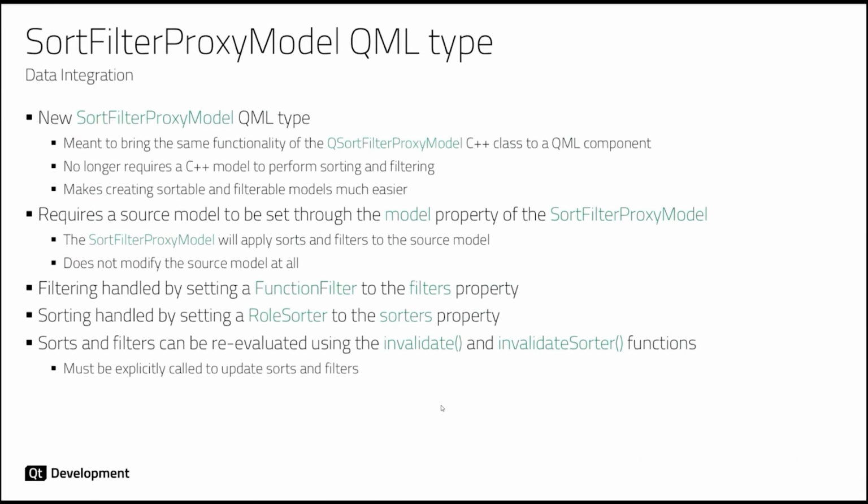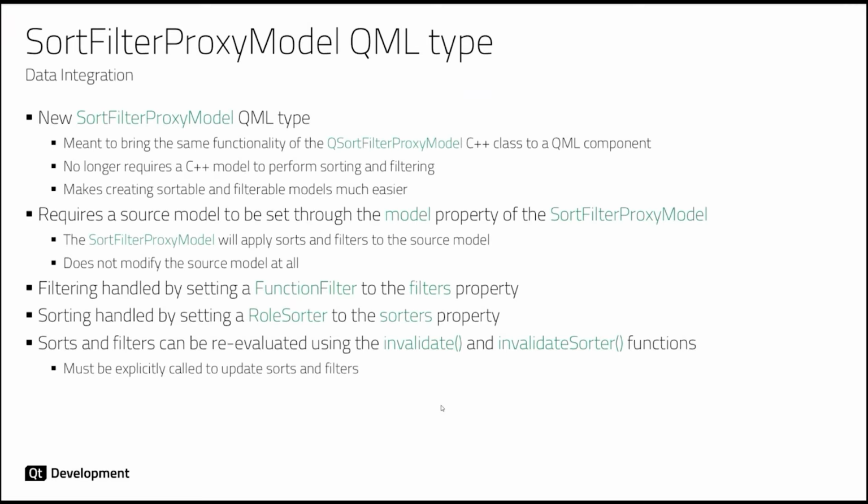All right, and that pretty much covers the tree model. So now we're going to move on to the new sort filter proxy model QML type. So similar to the tree model, this is intended to flesh out the model view framework within QML itself. So the QSortFilterProxyModel does exist as a C++ class, but in order to do filtering and sorting, you did have to, again, have this C++ dependence prior to 6.10. Where in 6.10, you no longer require a C++ model to perform sorting and filtering, thanks to the sort filter proxy model QML type. So again, our hope is that this makes creating sortable and filterable models directly in QML